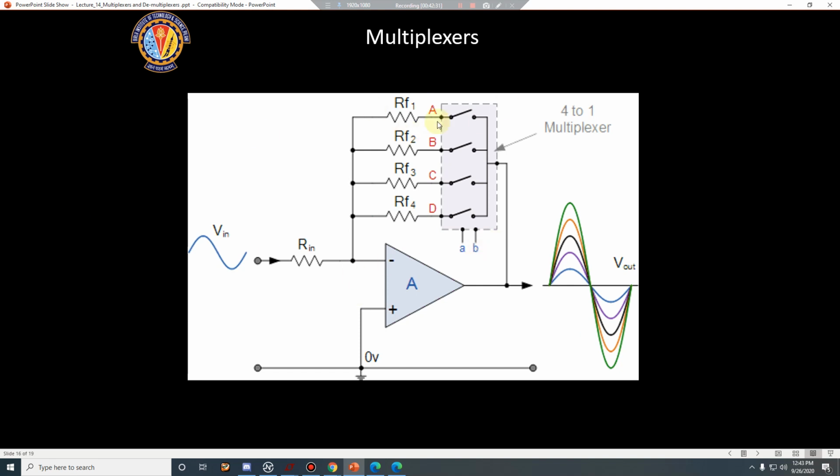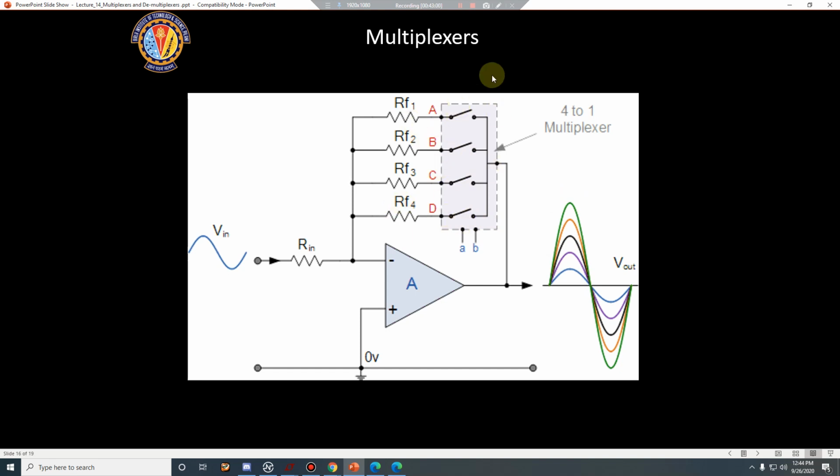Okay, now we'll see a few more live examples of how a multiplexer is used. See, one of the switches out here is connected at any given time. This is an analog signal, and this is an amplifier. The value of this resistance will in fact decide the gain. So if you switch one at any given time, the gain will vary. You see, the gain is changing depending on the first.